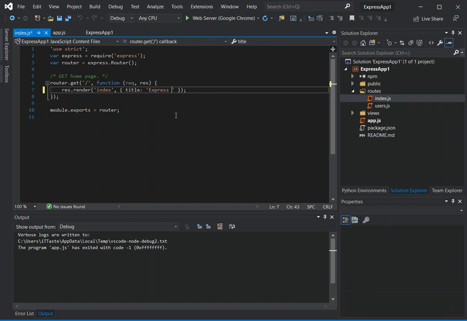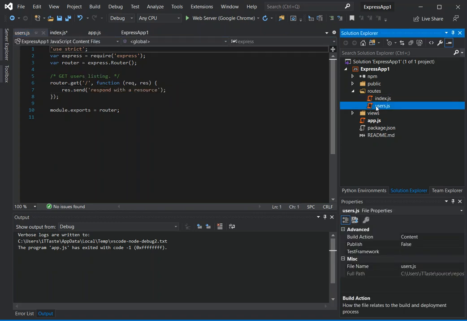So here we're just going to make this change. We're just going to put Express money, so we will see what actually prints out. So we have another file here, which is the user. So this is the user link. So if you want to go to the user page, right,